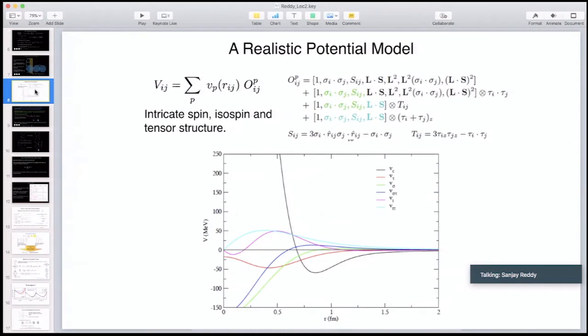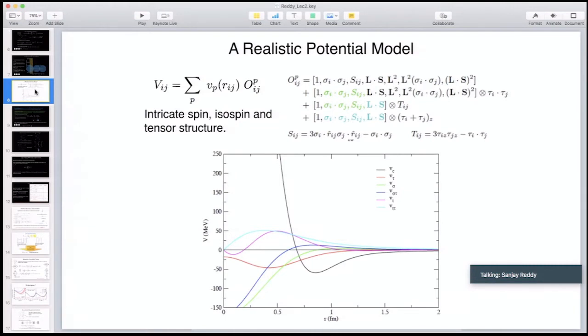of these spin, angular momentum, and tensor operators, which is shown by the expression where you have a radial function, denoted as V_p, which tells us how the force, or potential, depends on the distance between two particles. And then there are these operators that act on things like the spin and the angular momentum of the incoming pair. So, for example, the simplest of these would be to just take the central potential, in which you ignore the spin and the tensor components of this potential, and that's denoted by this black curve in the